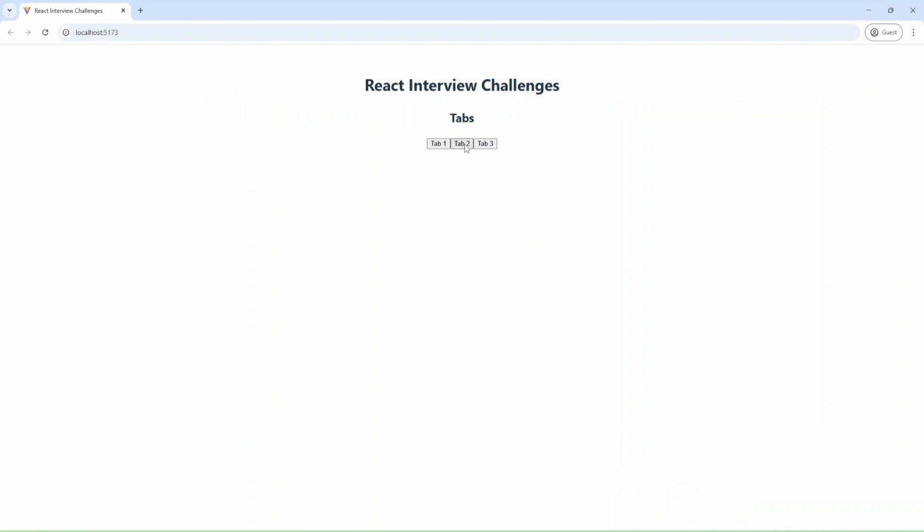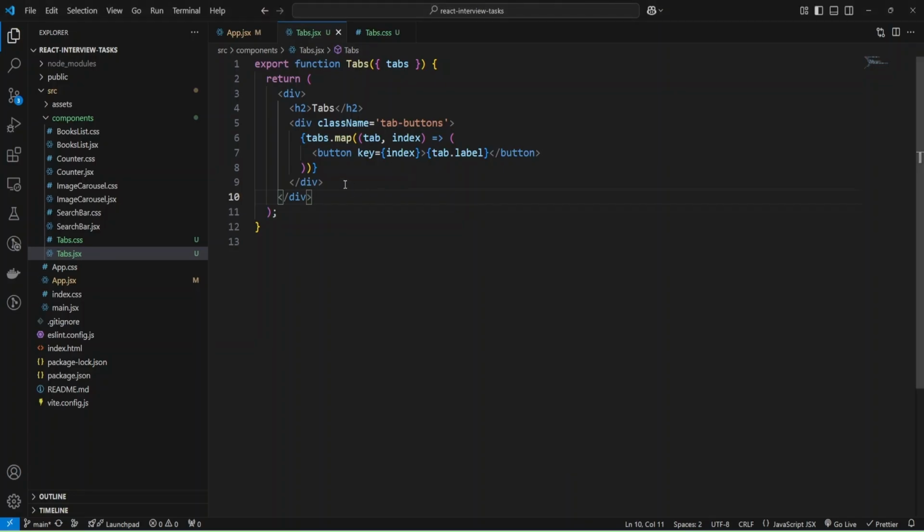And now let's add functionality that when clicking on tab 2 or tab 3, I'll get my content. And first of all, we need to add content here, and I'll do it inside div.